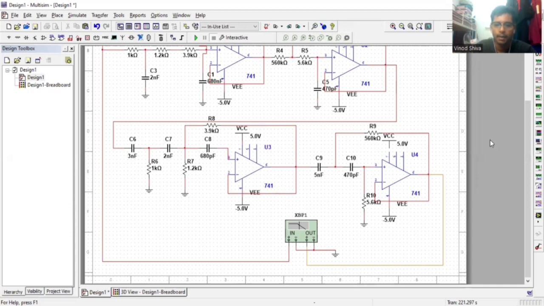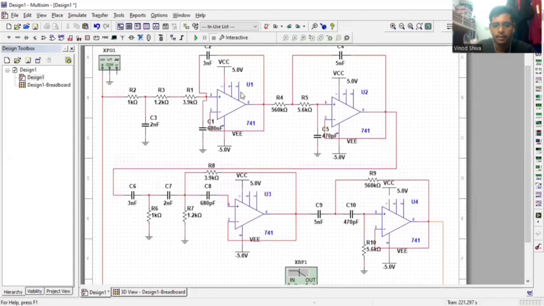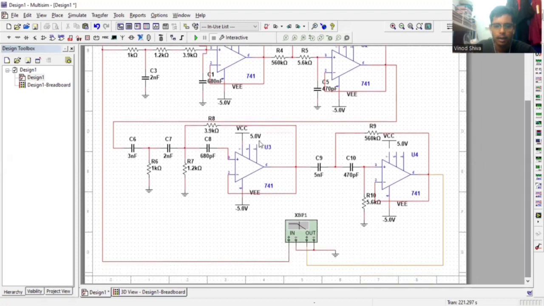So the circuit function, starting with the high pass filtering. The first stage with the operational amplifier acts primarily as a high pass filter, allowing frequencies above a certain cutoff to pass through. Then the mid-frequency processing on the second stage refines the signal, often targeting the mid-range frequency to enhance the bandpass effect. Next is the low pass filtering, where the third stage acts as a low pass filter,